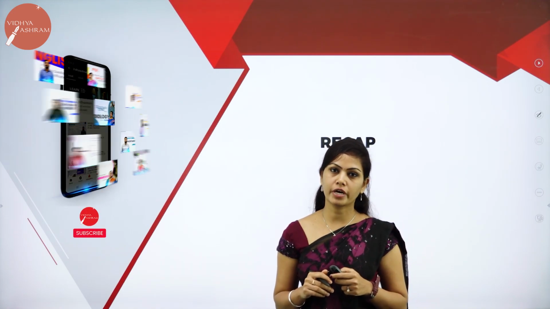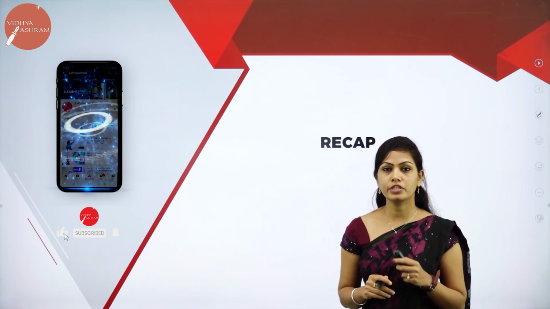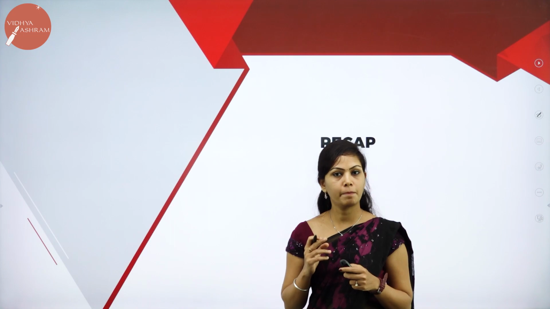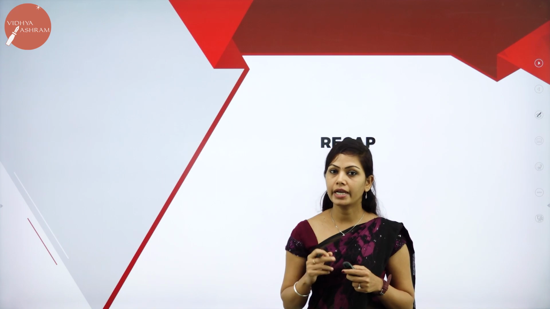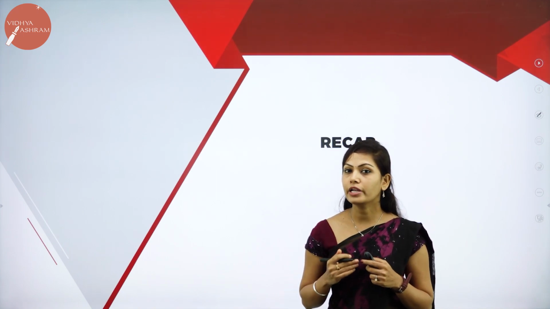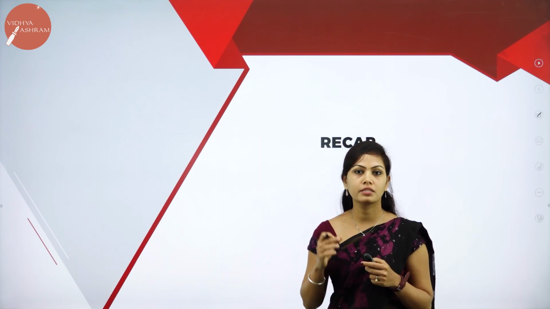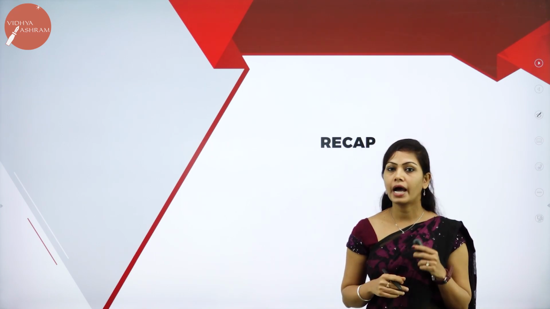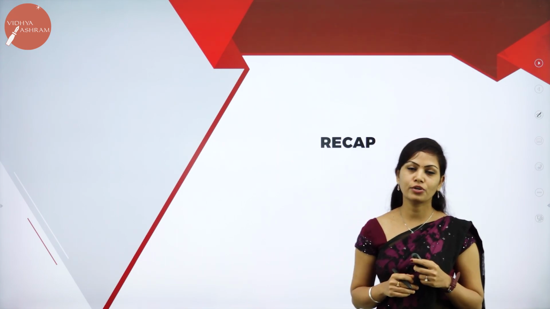Before the invention of computers, in the old generation, they introduced the abacus, Napier's bones, the slide rule, adding machine, Pascaline, Leibniz calculator, Jacquard loom, and the difference and analytical engine. Why did they use these devices? For calculation purposes, for calculating and for adding text and images. And I also explained the generation of computers.